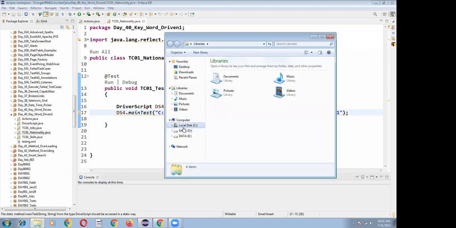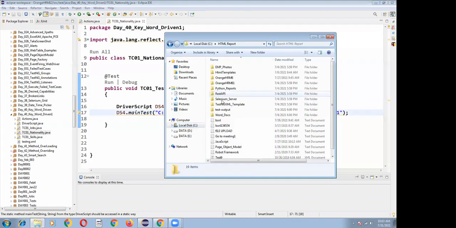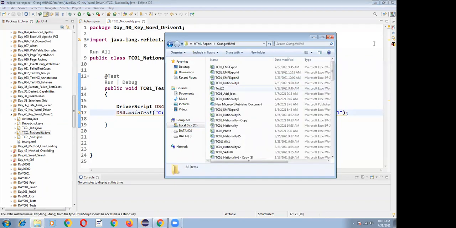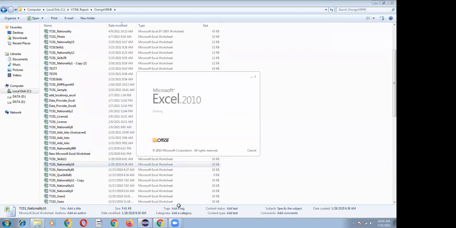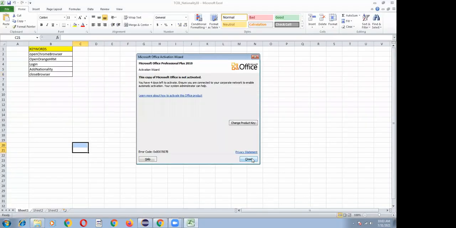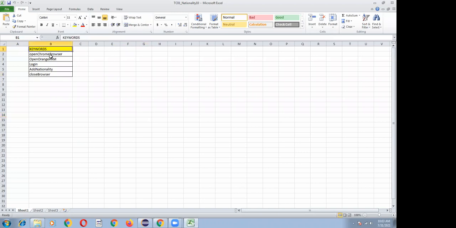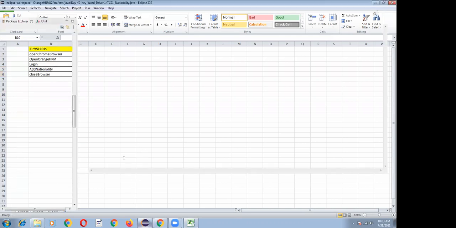C drive, HTML report, Orange HRM6, TC01 nationality 10. This Excel sheet contains a set of keywords like open Chrome browser, open Orange HRM, login method, add nationality method, and close browser. These are nothing but the method names.